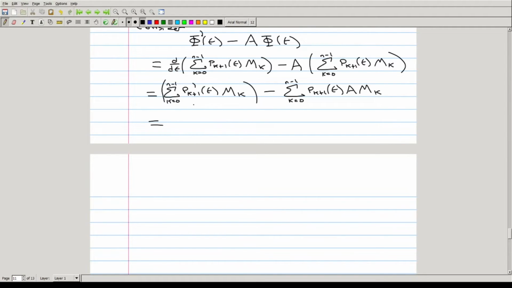Using what we know about P naught and all of the pks above P naught, this is the same thing as P1 prime of t times m naught plus the summation from k equals 1 to n minus 1 of pk plus 1 prime of t times mk, still minus the summation right here,